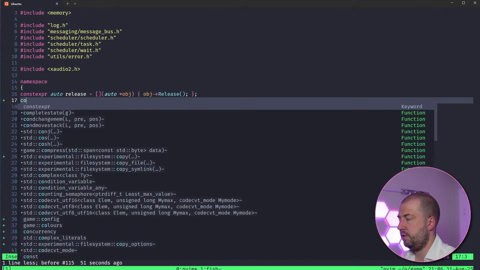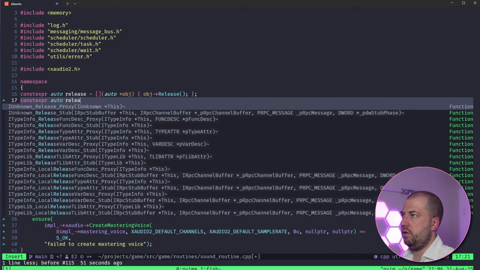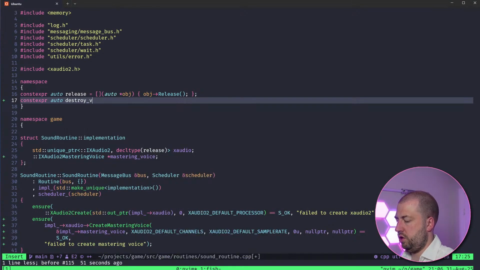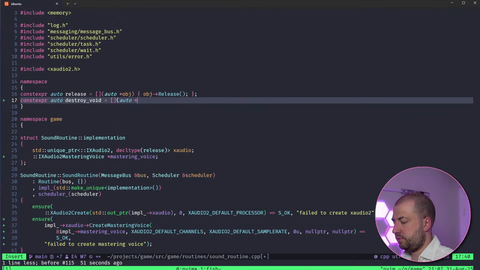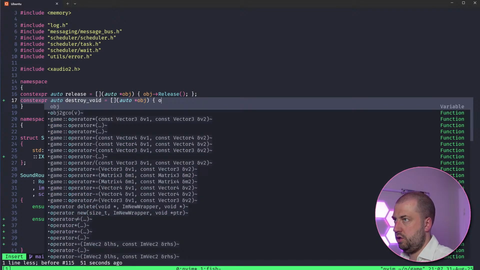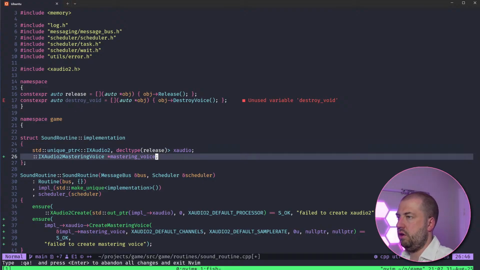Okay, that's fine. So we do constexpr auto release destroy voice equals auto obj, destroy voice, and then this can just go. Ugh, outrageous! I've just got rid of all this.